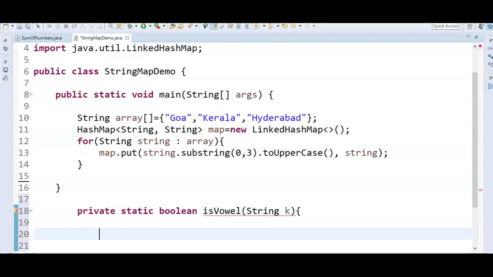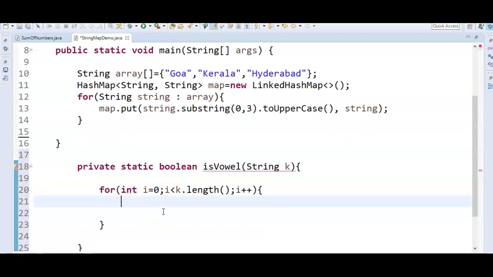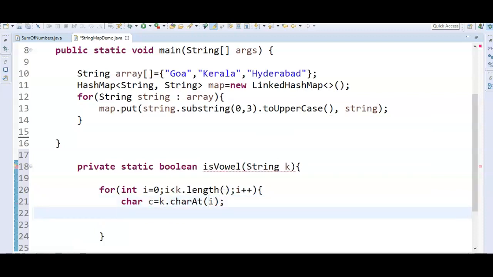Here we need to iterate through this: i equal to 0, i less than k.length, i plus plus, char c equal to k.charAt(i).